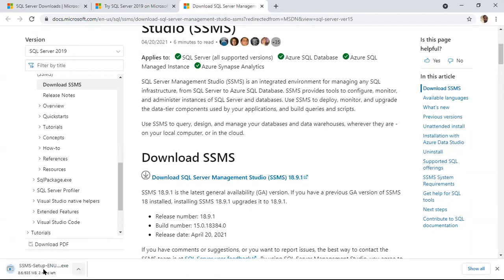Same thing, it will start downloading. See, almost all 635 MB is there. Once downloaded, we can run the setup.